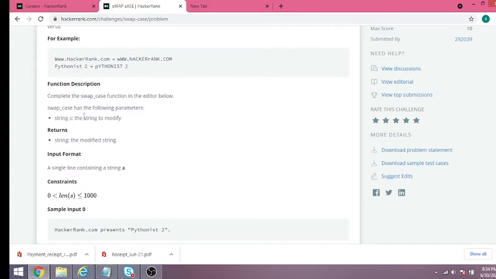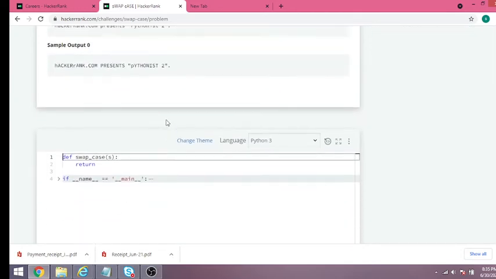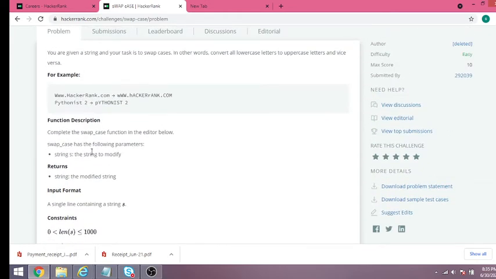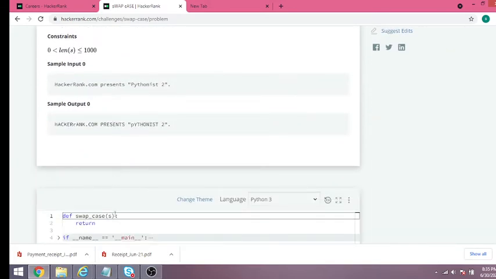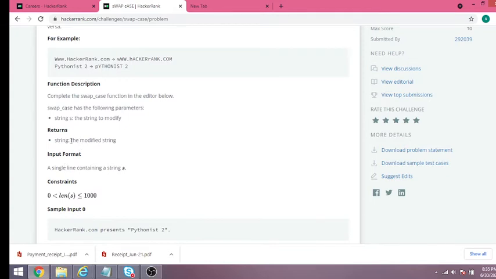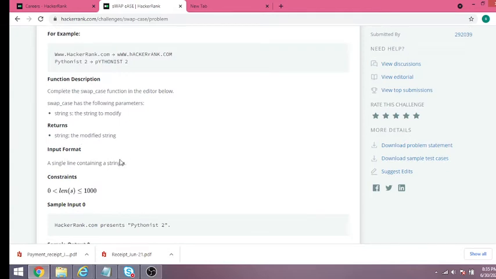Function description: complete the swap case function in the editor below. One template of the swap case function is given here. We have to write our logic inside and return the result. Swap case has the following parameter: a string s, the string to modify, and we have to return the result in string format.